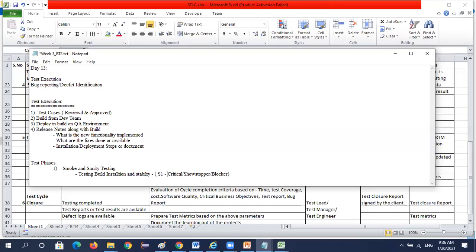Our show is completely stopped. So it is called a showstopper, or a blocker. The bug or issue we have found is a showstopper, critical or blocker. So we call it S1, high severity, high priority. It is an S1 type, critical issue.